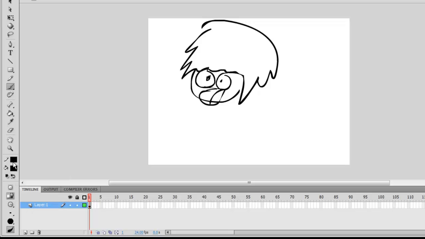Paint inside. I use this one often for shading. Let's say we want to, I will give you a nice